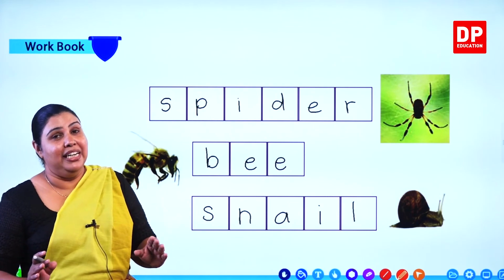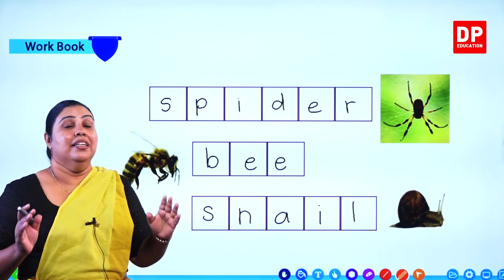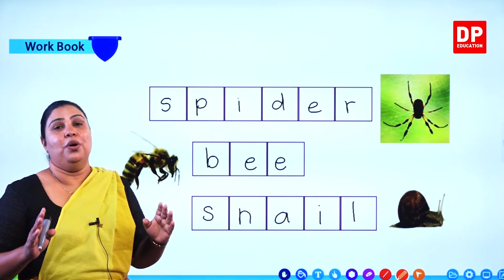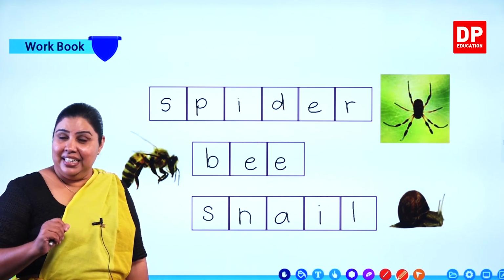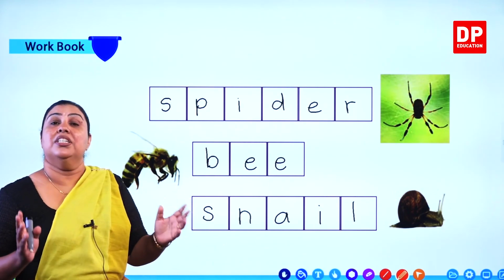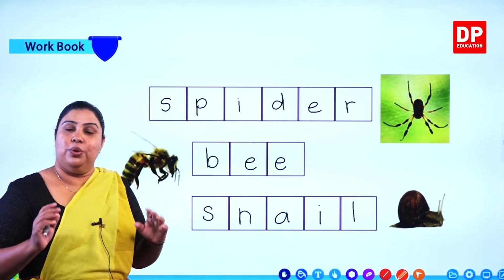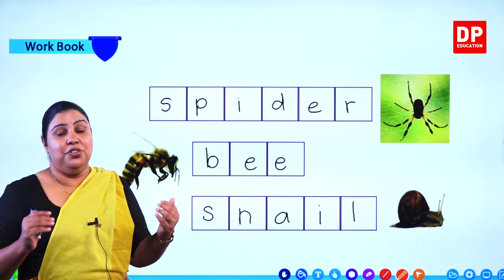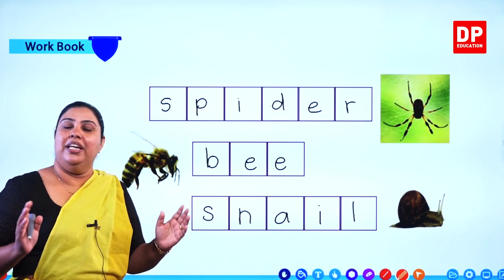So doing this workbook activity, we have come to the end of our lesson today. We completed lesson number 7. So now we spoke about the little animals and the little insects that come to your garden. They make our nature very beautiful, and as we spoke about the worm, it nourishes the soil, right? So they all help us in so many ways to keep our nature clean and beautiful, and that helps our trees and plants as well.